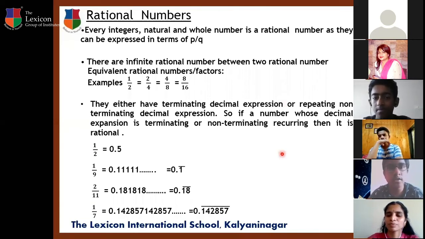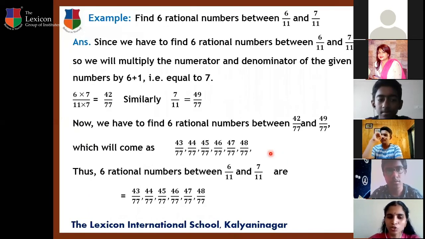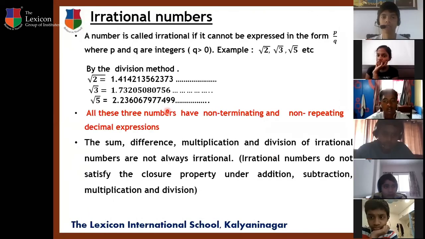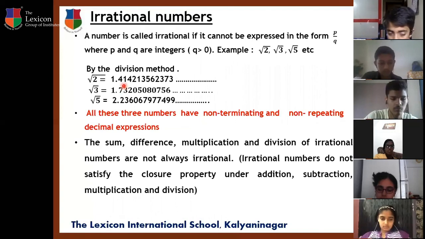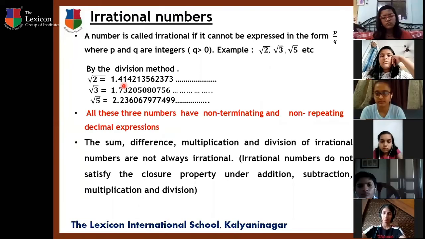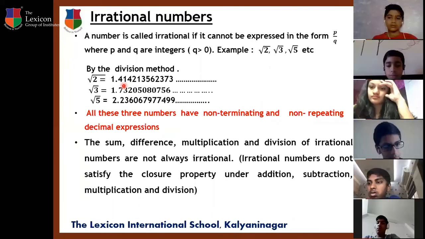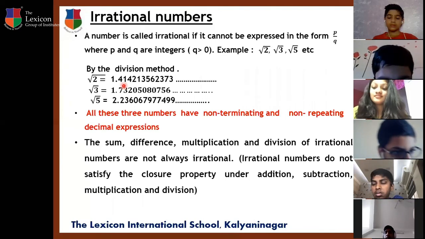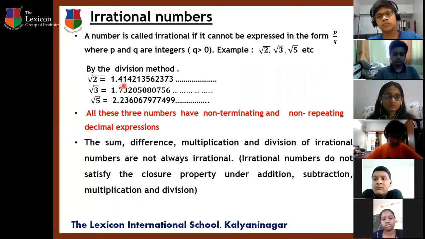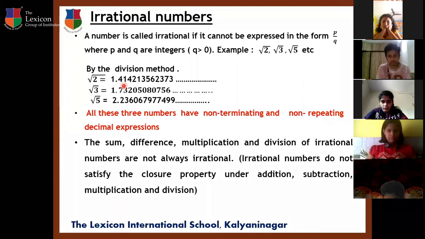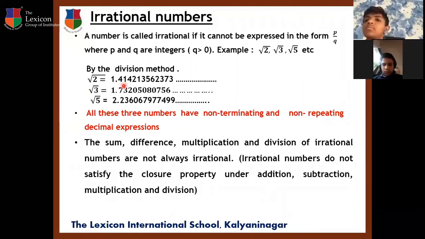Ma'am, how do we find 5 irrational numbers between root 2 and root 3? I will explain that next class, but since you have asked, I'll tell you. Listen, the value of root 2 is 1.4 something, and root 3 is 1.7 something. So what about 1.5? Is it in between them? Yes. But that is a rational number, since 1.5 is terminating. Suppose after 1.5 you write an infinite number of digits without repetition, in any order, then that will be an irrational number.